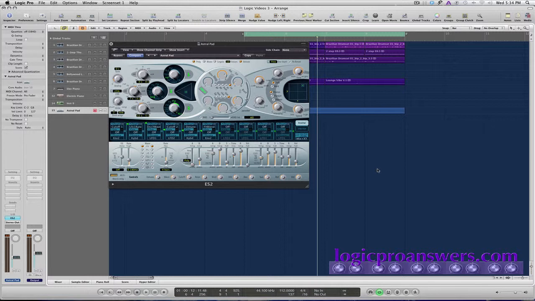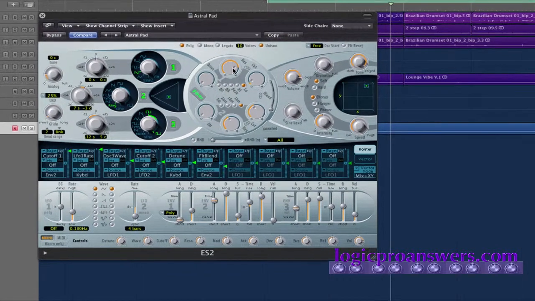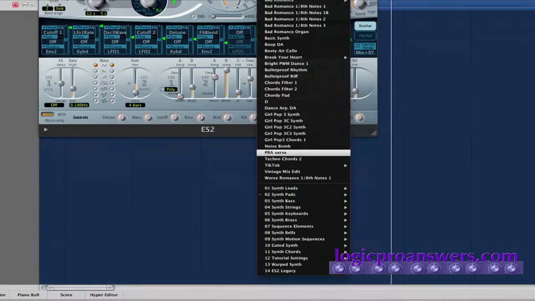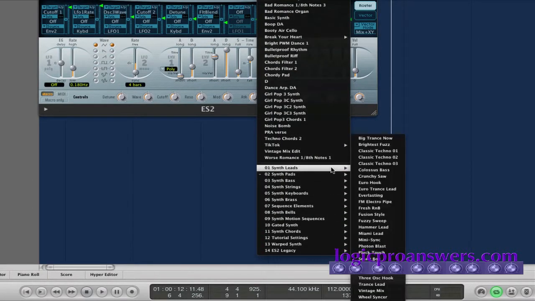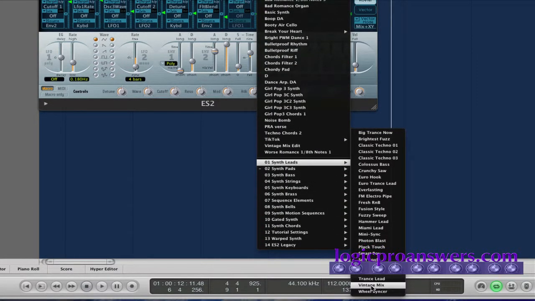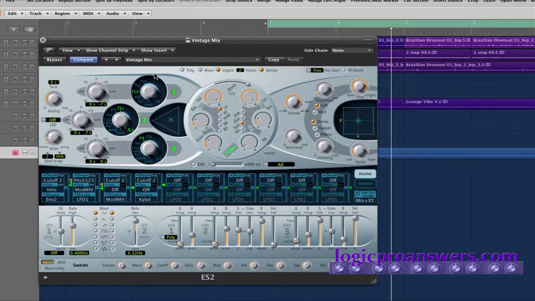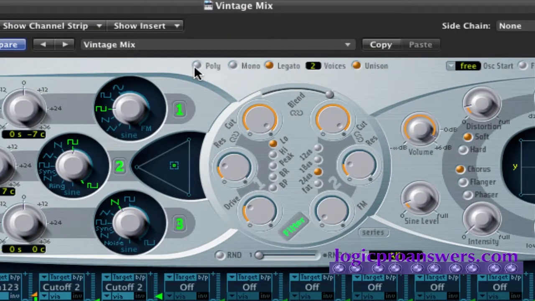In this case, David A. has a question about setting up a dynamic filter so that the filter opens over the course of 4 bars. We're going to use an ES2 for this example, and we'll bring up a preset from the Synth leads. We'll use Vintage Mix. I'm going to go to Polyphonic and add a couple of voices